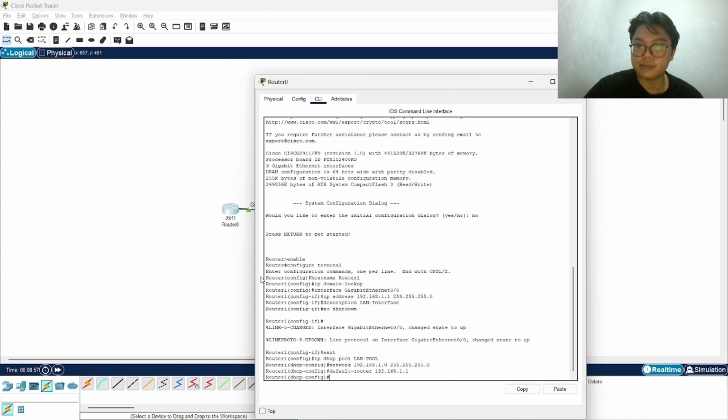And then the DHCP exclude address, 192.168.1.1. Enter.